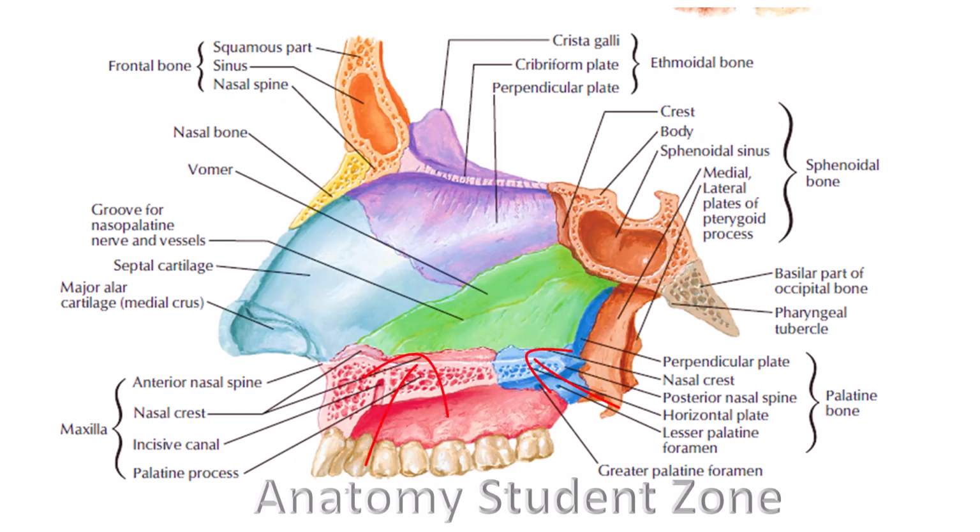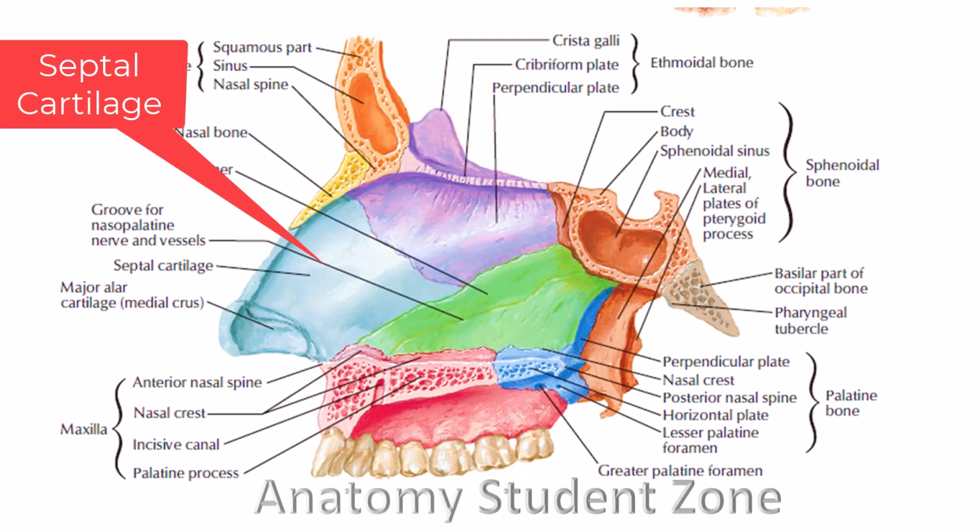So after describing the bones of the nasal septum, next I will talk about the cartilages that form the nasal septum. Anteriorly, between the bones of the septum, the gap is filled by a sheet of cartilage. And you know this sheet of cartilage is the septal cartilage. So the septal cartilage forms the nasal septum anteriorly, and you know very well that the septal cartilage is hyaline cartilage.